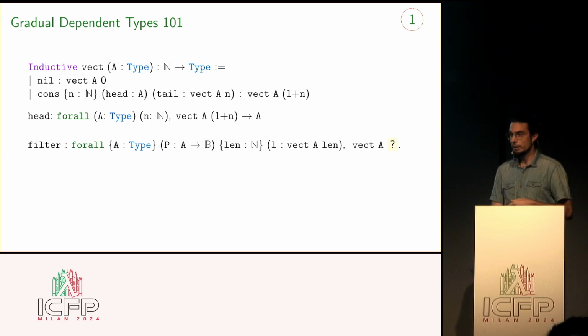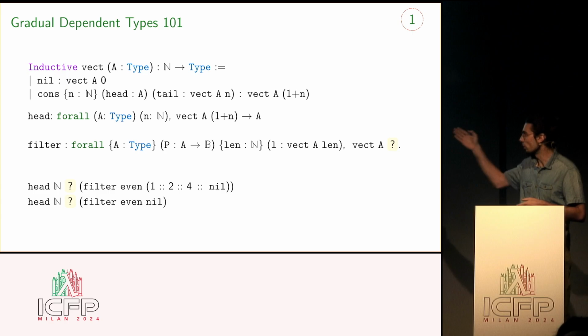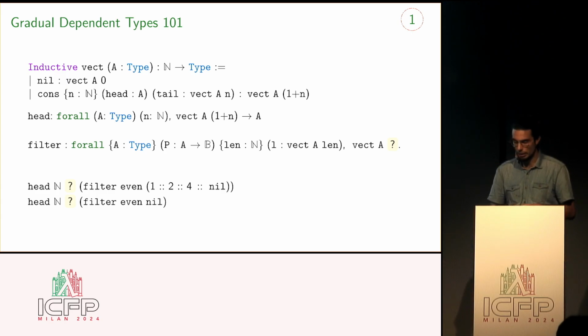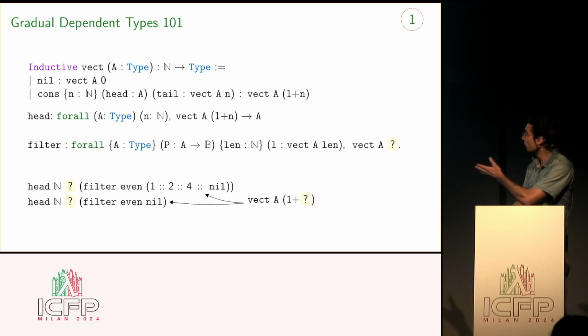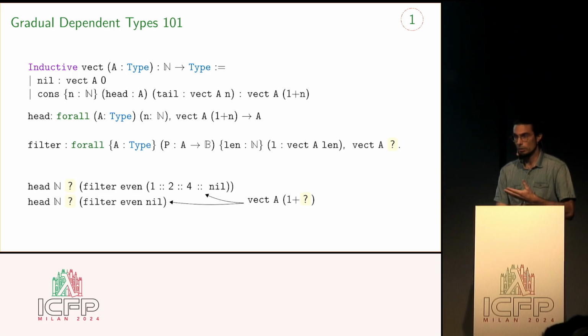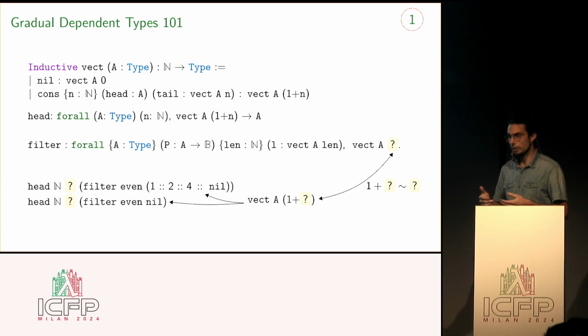And how does this unknown work? Well, let's have a look at two expressions. Here I apply head on two instances of filter. And because of the type of head, the inside expression must be of type vector of some successor size of unknown. But filter returns a vector of size unknown. And so the gradual dependent type system will optimistically allow to patch this mismatch and statically accept this definition through